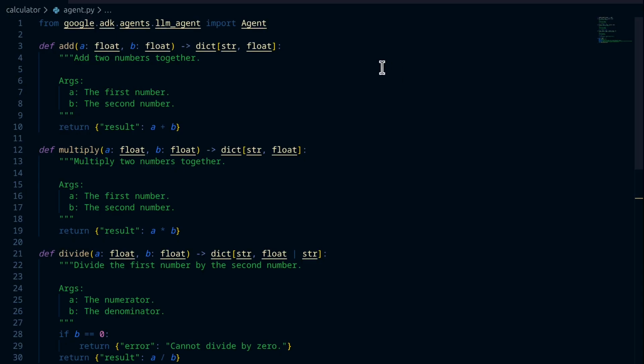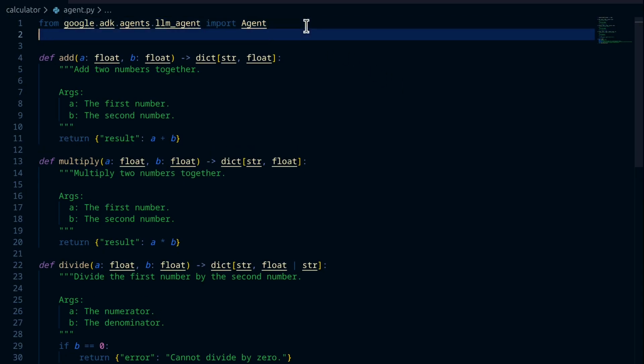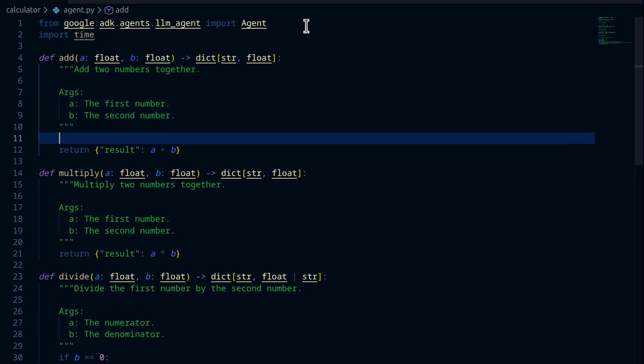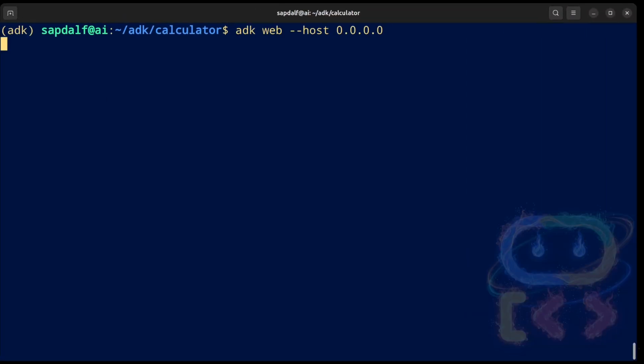My tools are very simple and execute fast. However, to simulate something more complex, I'm adding a 1-second delay to the function. This way, it will be easier to observe parallel execution. For parallel execution to work, the tasks need to be specific and independent of one another, but I'll figure something